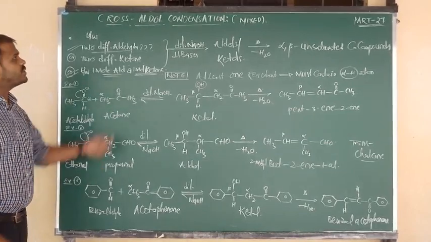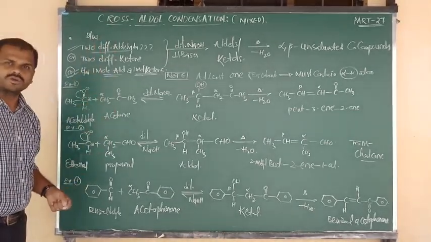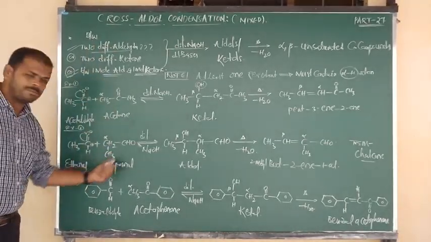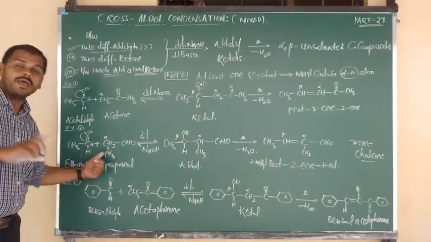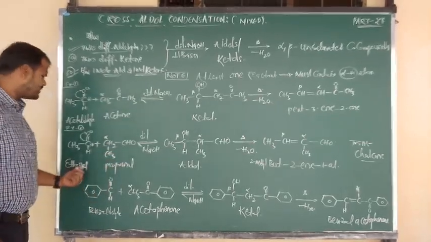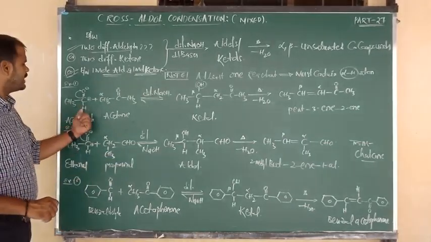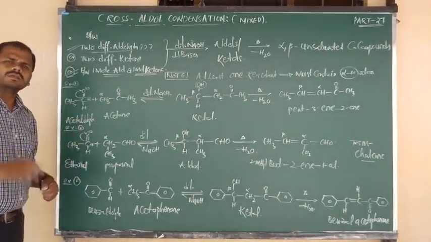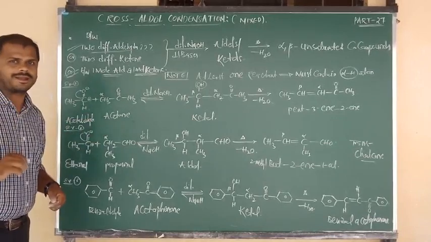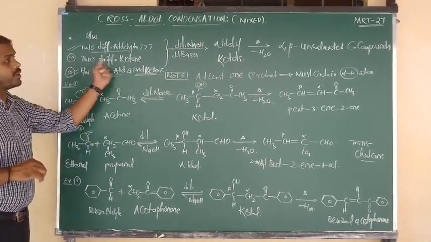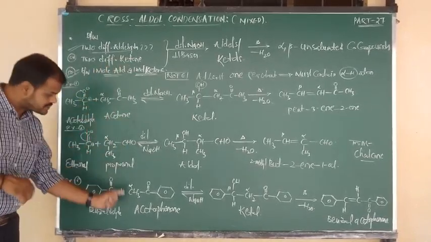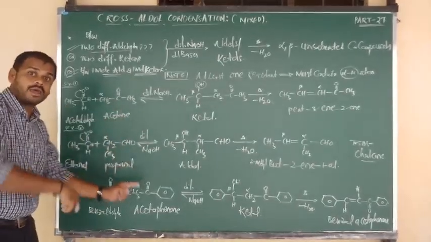So like that they can ask you, give the cross-aldol condensation using acetaldehyde and propionaldehyde, otherwise they can say ethanol and propanal. Or, cross-aldol condensation reaction using acetone and acetaldehyde. So what they are asking, that is how you should read it. Now, don't simply read the statement and one example. You have to focus on all three examples in aldol and in cross-aldol.